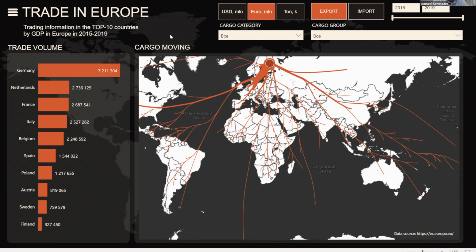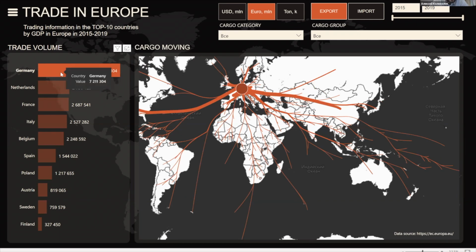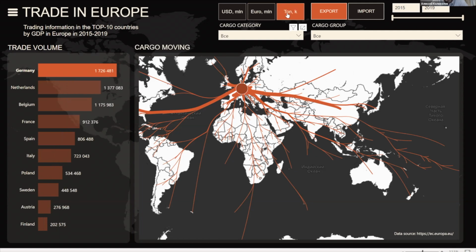between their operations, and that's a summary. For example, this summary page tells us about the largest trade volumes. So Germany is first, and that's in millions of euros. And I can also switch to tons, the natural volumes of cargo moving, and I see that